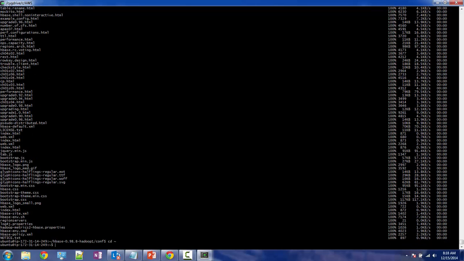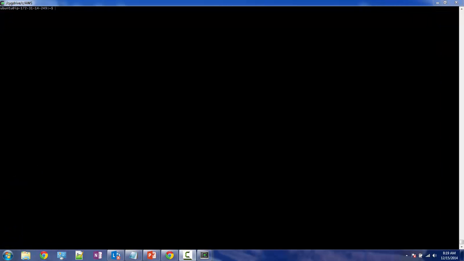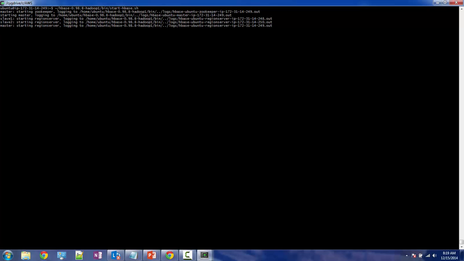Alright then, it's done. Let's move to the home folder, and let's start the HBase, and it will be present in the bin folder inside this folder. So let's just start it. Alright, I cleared the screen, and this is how you start HBase. It starts the zookeeper, and